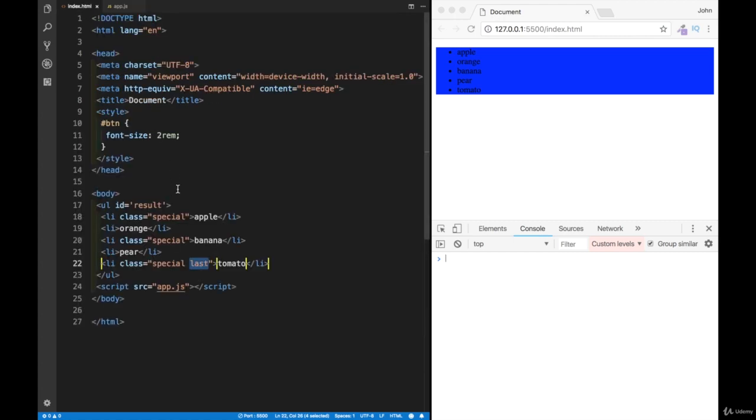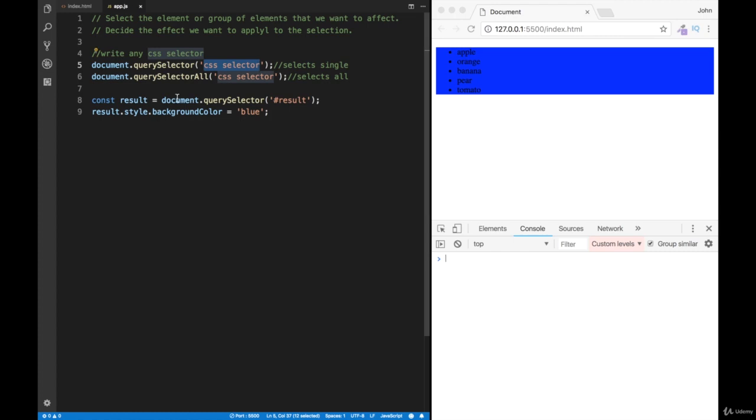So let's say in our case, we have three classes of special. So you would think that just because I'm using a query selector, and if I place a class over here, I should be getting all of them, since I can have multiple